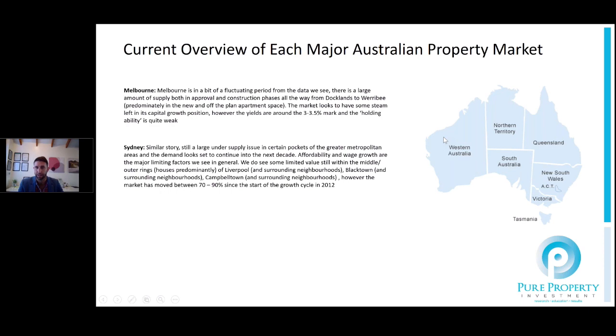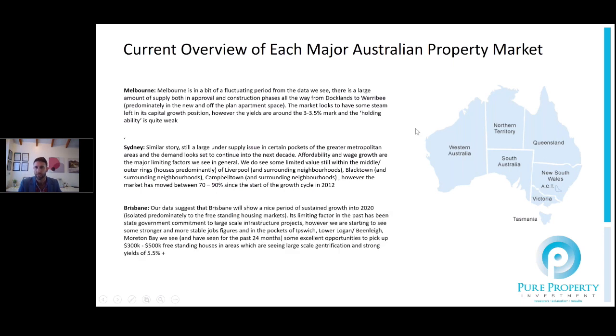Sydney, very similar. I think it's gone on a very strong tear, and I think we're at the point now where Sydney's going to see a good long flat sustained period. Yields need to catch up, and investors need to see better return, because if they're not getting the capital growth, they're going to want to see cash flow, and at the moment they're not going to see cash flow. I think the capital growth is probably just past its peak. With APRA and the pressures on the banks, I personally don't see that we're going to get much more growth over the next 3 to 5 years. So unless you've got a very good reason to get into a property in Sydney, I don't think it's the right time here and now, unfortunately.